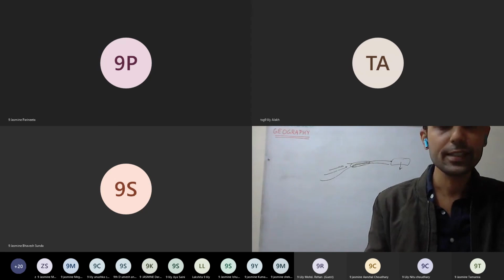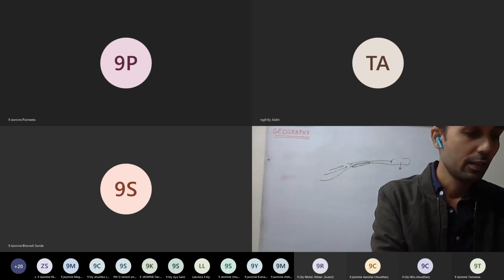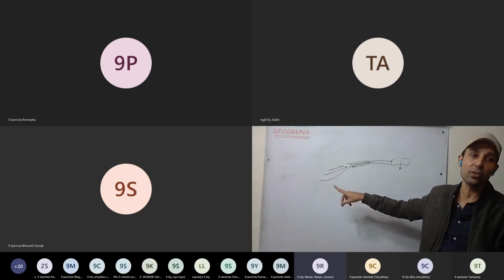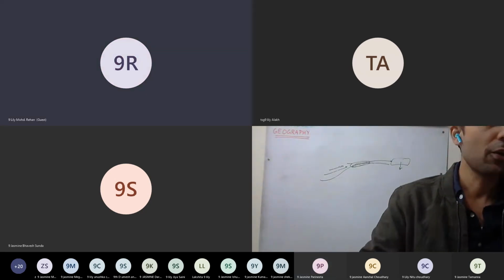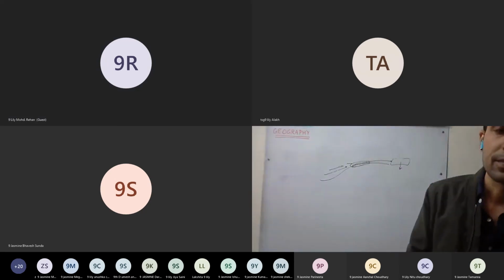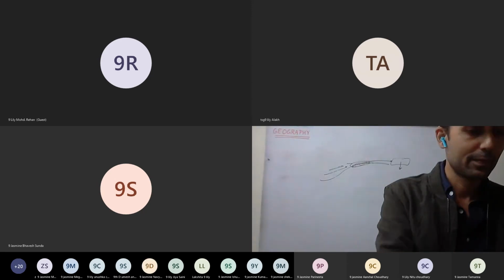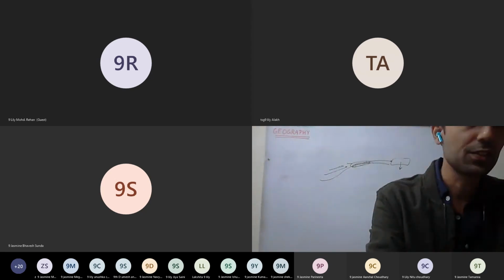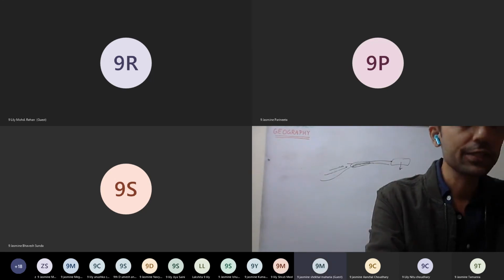So if we complete more, see, the 13th chapter is a very, very important chapter. I can give you one example. If your home is south facing, you are getting most of the sunlight. Now check today whether your home is facing south or not. South, southeast, little less. So if your home is south facing, you will be having most of the sunlight these days. The 13th chapter is very important as well, very interesting as well. So in next lecture we will start 13th chapter. Okay. Anything you want to ask?